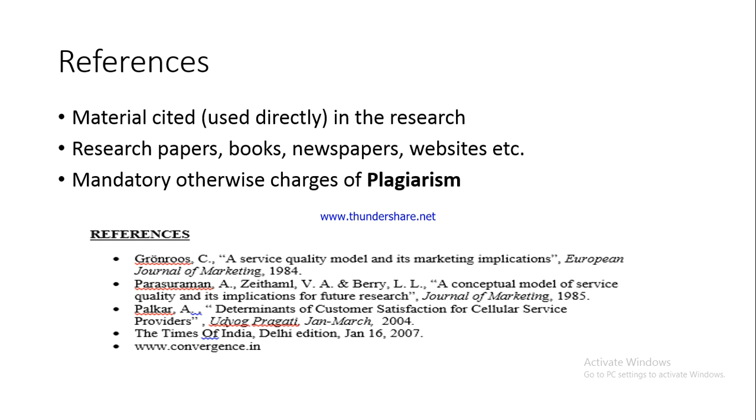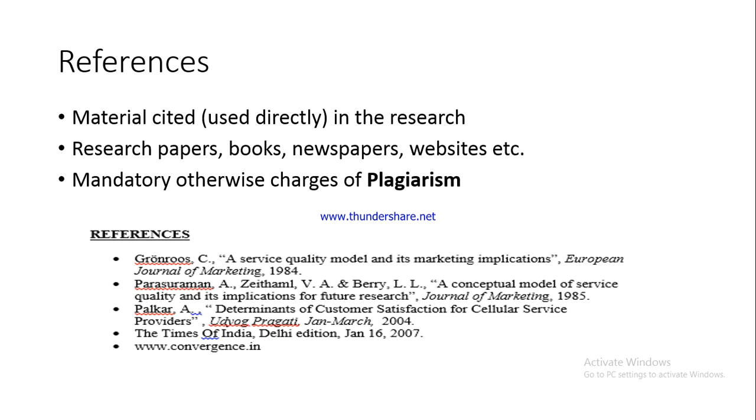See, the first reference, Grönroos C. Now this is the name of the person who has written a particular research paper from which I have quoted something, from which I have borrowed something, and the topic of his research paper is a service quality model and its marketing implication. European Journal of Marketing 1984 is the journal in which this particular research paper has appeared. So, do you understand how we write it? We start with the surname of the researcher,